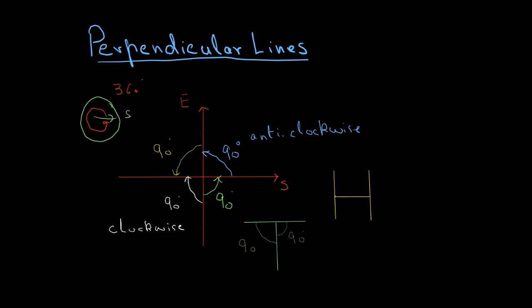And I hope you can see that this angle right over here is going to be 90 degrees, and this angle is 90 degrees, and obviously this angle is 90 degrees. And just to make sure, I think the font was a bit short. This angle was also 90 degrees, and this angle was also 90 degrees. So you have seen the T's and the H's, they're lines which are intersecting at 90-degree angles. So you have had some experience with perpendicular